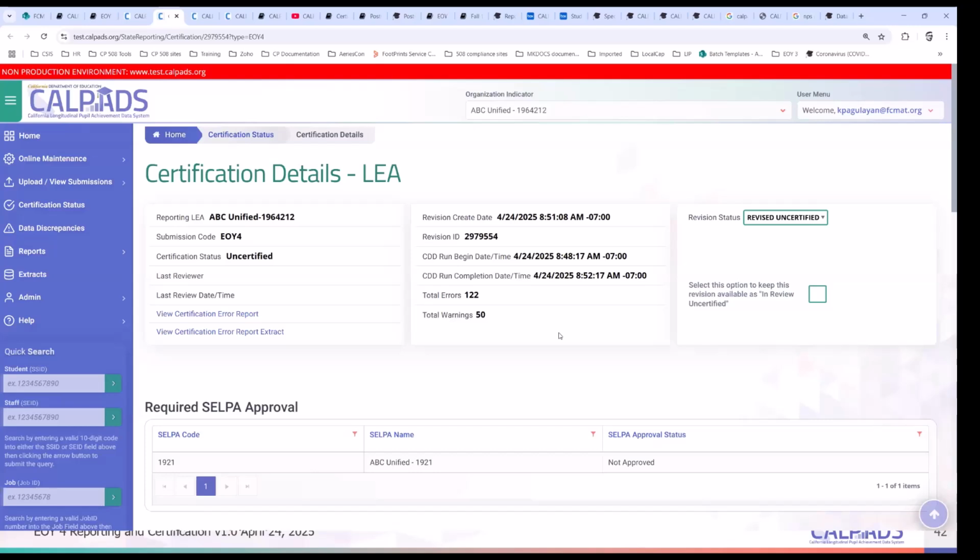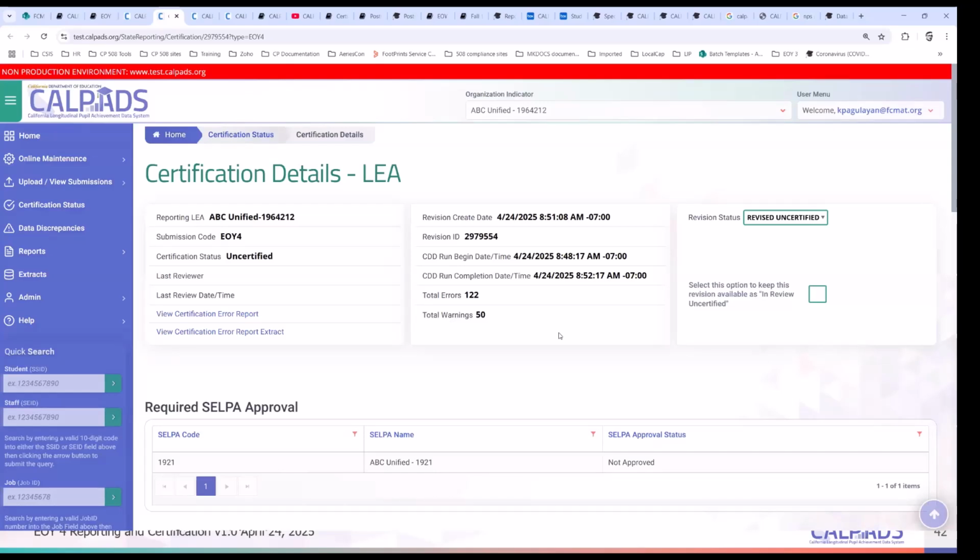CalPADS has a snapshot revision that starts running when the end of year submission is started. So for this year, it's on May 6th. So the snapshot will start running based on the data that you have.